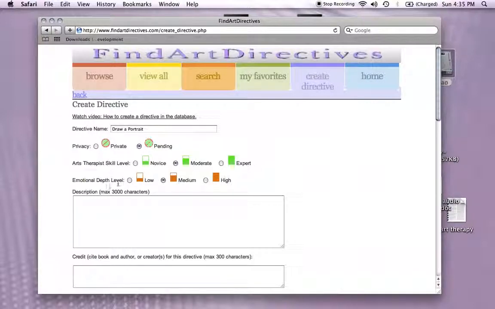Emotional depth level, low, moderate, and high, has to do with the client's or the patient's response to this directive. This directive I'll put on low, which means that this person most likely will not become too deeply involved emotionally with this particular directive. Things that are on the high list